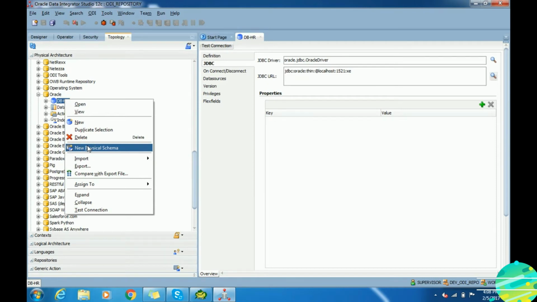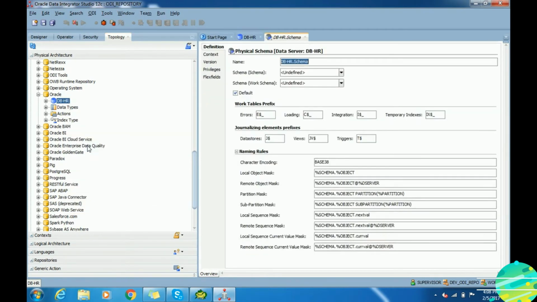Next, like we did in the file case, we have to create a new physical schema. This is easier than the file system. We just give the name of a new schema, and then we select the schema from the database. ODI has already connected to the database, so it already knows what all schemas exist in the database.